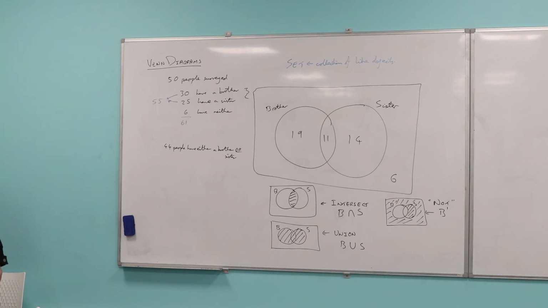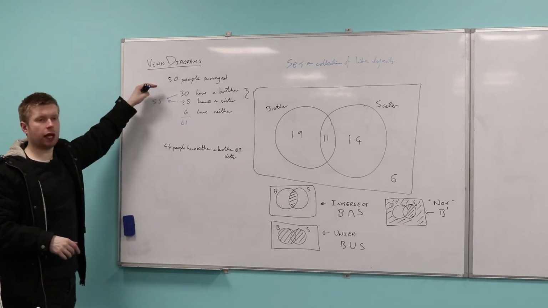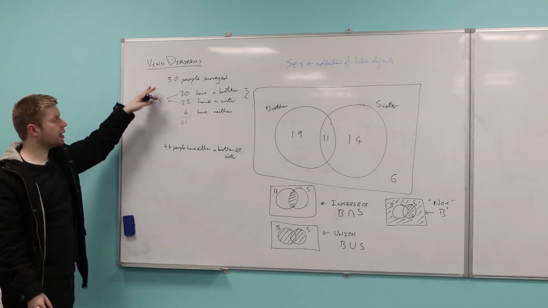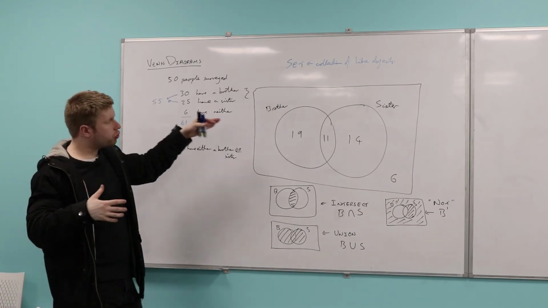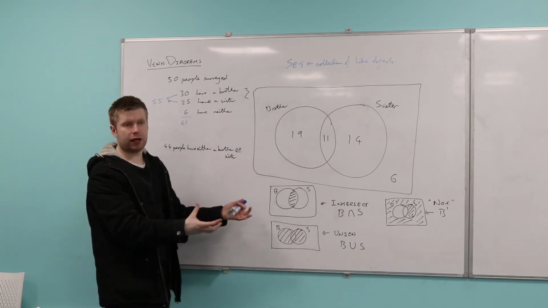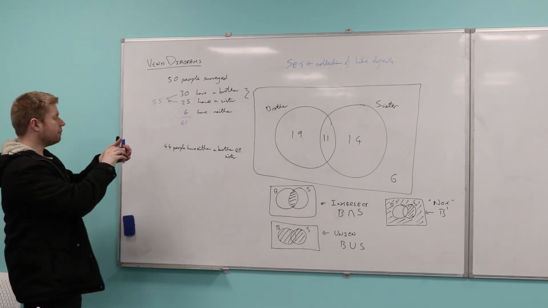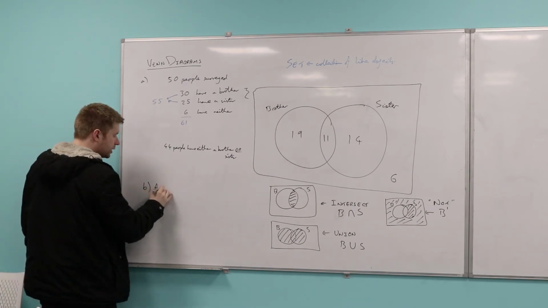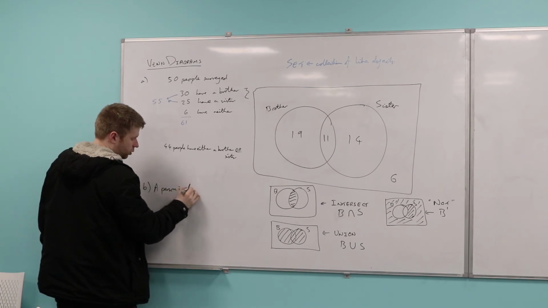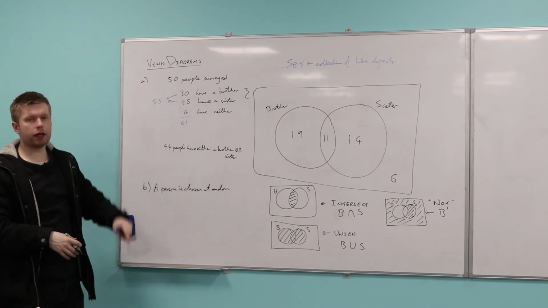Good question. So what will usually happen in an exam situation, I'll give you a bit of information like this. I'll say a number of people were surveyed, and I'll give you information about the people that were surveyed. Then I will get you to draw the Venn diagram. Now in reality, I'll give you an empty Venn diagram, then you can fill in the numbers. It might be slightly easier. But then that might be part A. Then I can start doing things. For example, part B, I can say a person is chosen at random. So they walk in, they pick one of these 50 people at random,